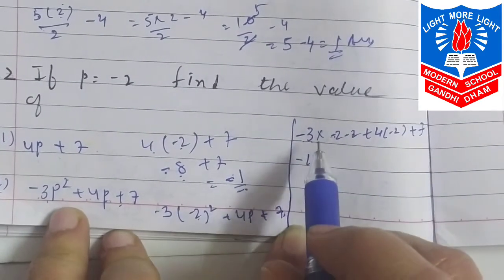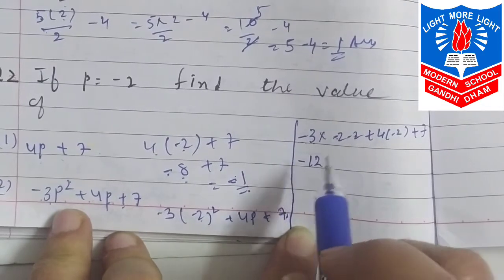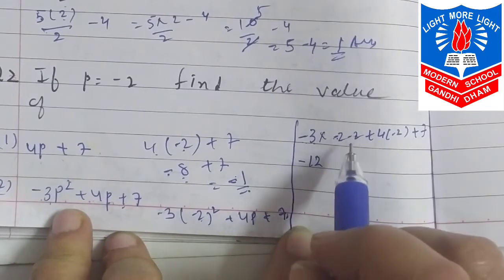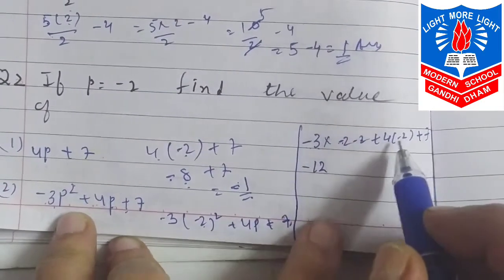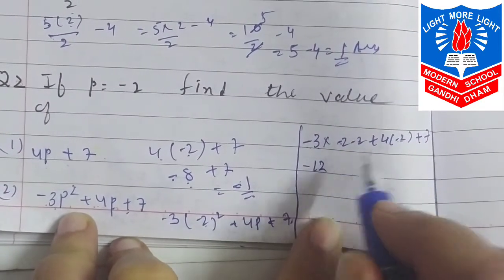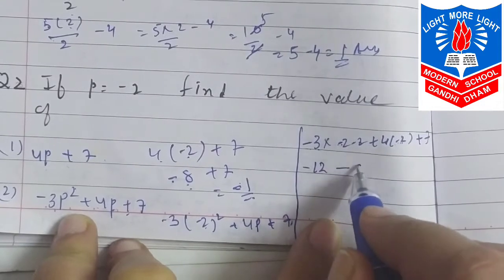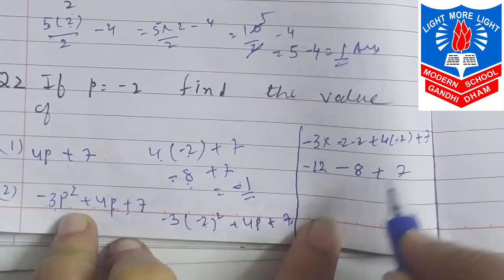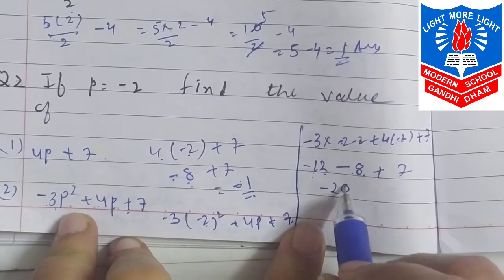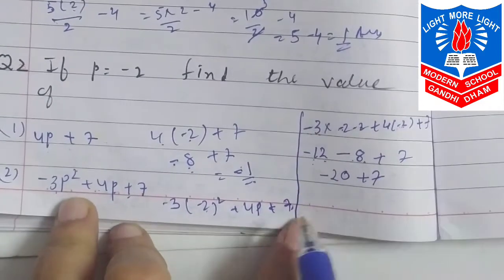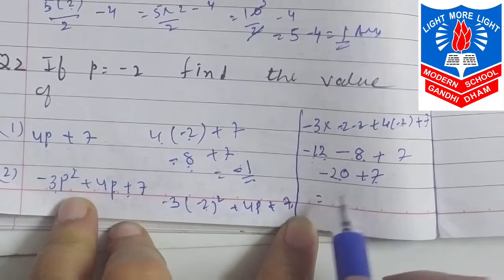अगर 3 टाइम माइनस है तो आंसर हमारा माइनस में आएगा. If 4 times minus, then the answer will come in positive integer. अगर वो पॉजिटिव में आ जाएगा. Here also 1 time minus. So plus minus, minus 8 plus 7. So minus, minus, plus and sign of the bigger integer. So here is minus 20 plus 7. 20 plus 7 is equal to minus 13.